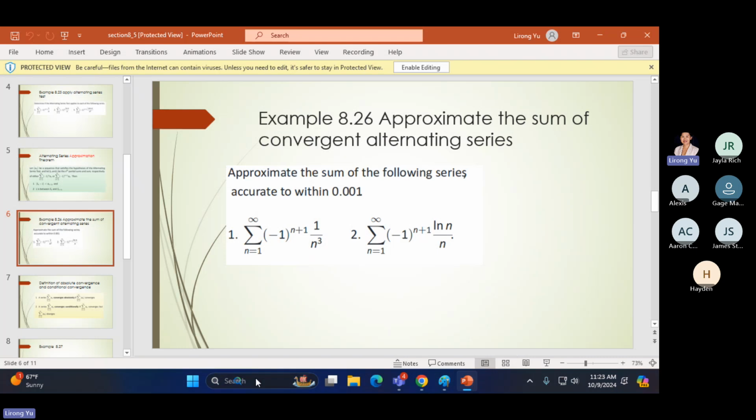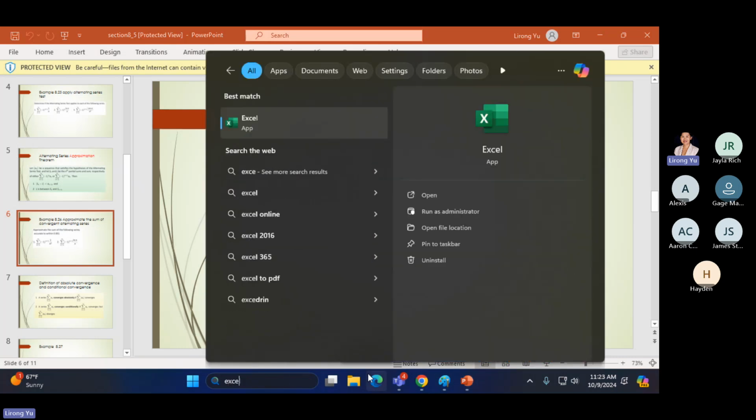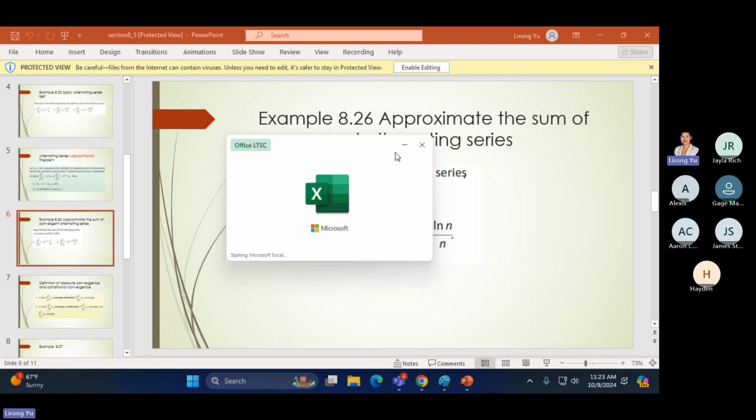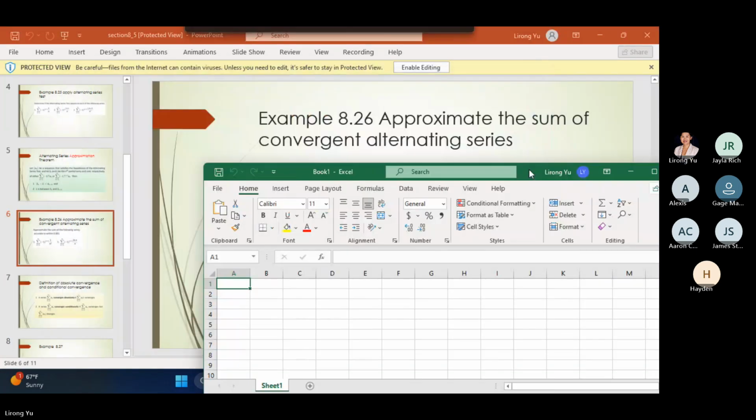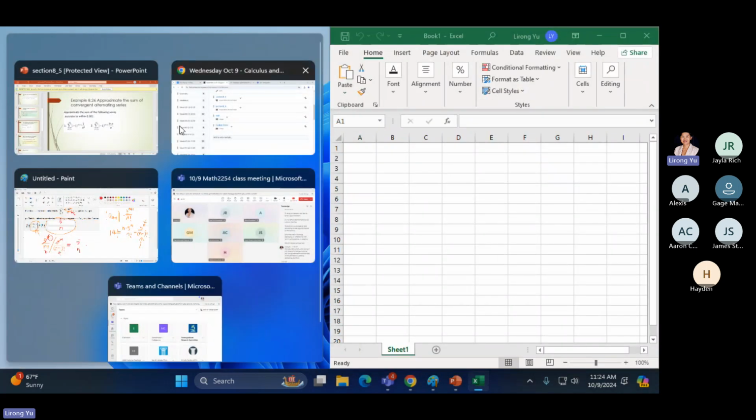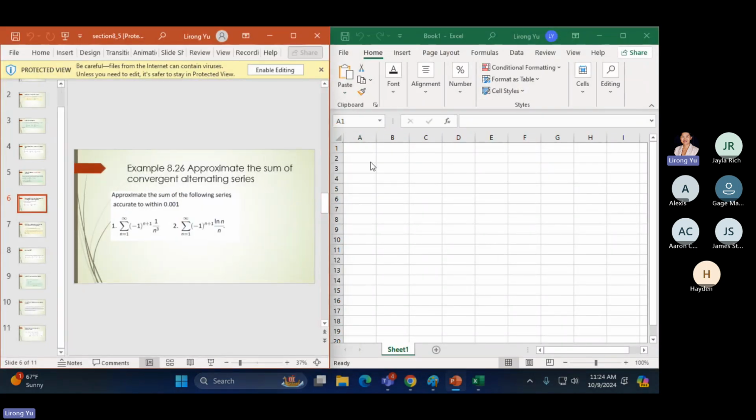There's a couple of ways to do the calculation. Maybe we can use Excel. That way we don't have to manually enter everything. You can use other data analysis tools, but right now that's the first thing I can think of. So we had this formula. The first thing is we need to know the n. And then we have S of n, just call it Sn. And the formula is